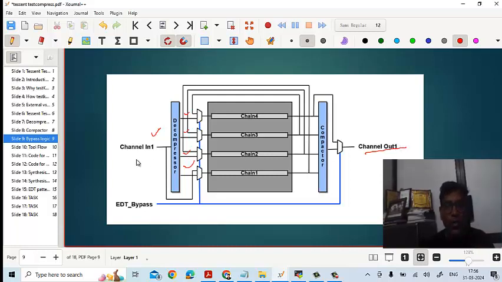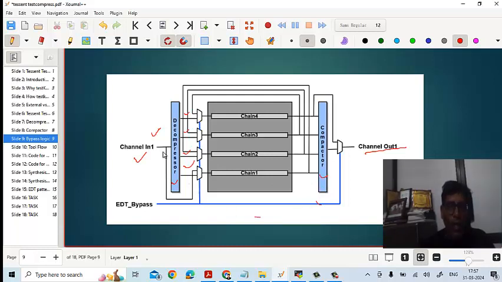So EDT means one EDT channel, 4 scan chains. This will pass through 4 channels of scan flop chains and finally go to the compactor, and finally a single output comes in. When I say bypass logic, this decompressor and compactor need to be bypassed,